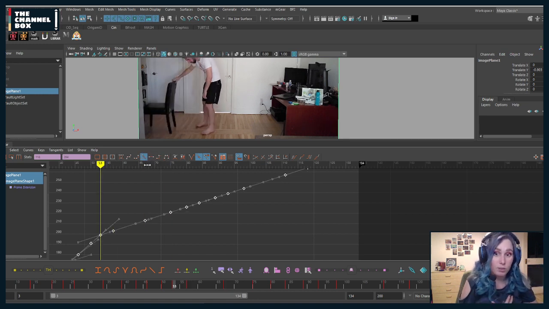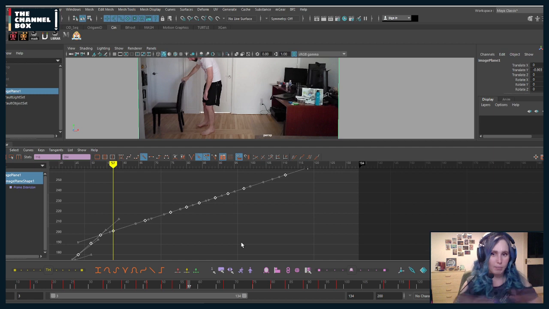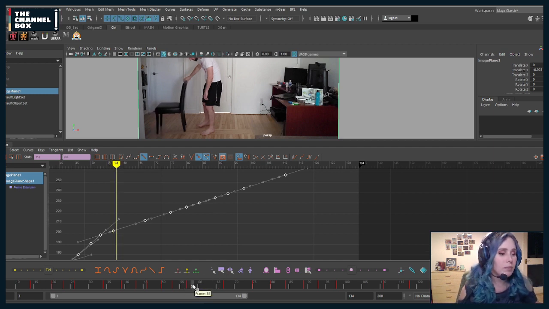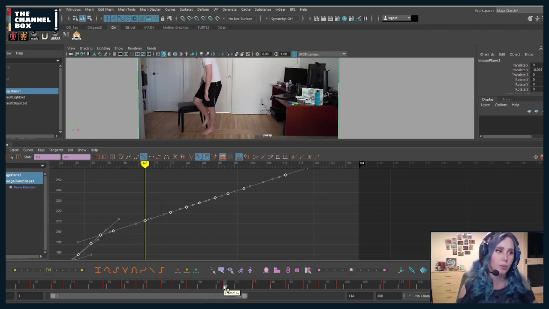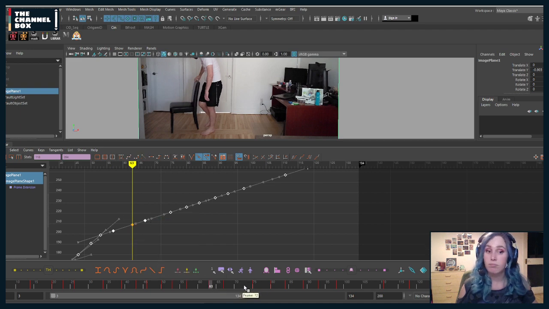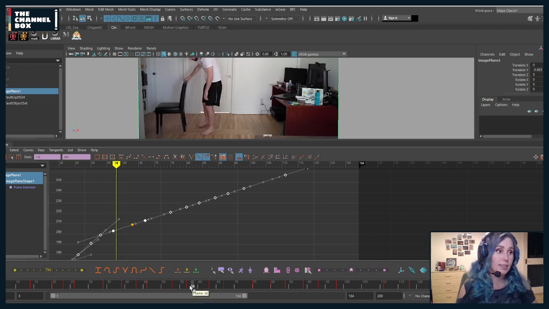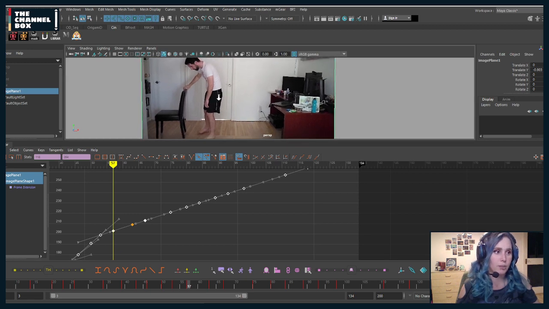But if I want to go into the extra detail once I have my blocking pass, let's look at the tiny details. For example, look at how that foot that's lifting up is first coming back and then coming forward. So I can have a breakdown here so that I know what that foot is doing. And between this and this, look at what's happening in this part of your shot. If we look at from here to here,